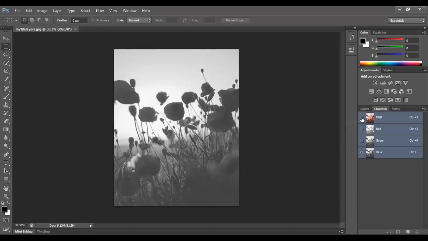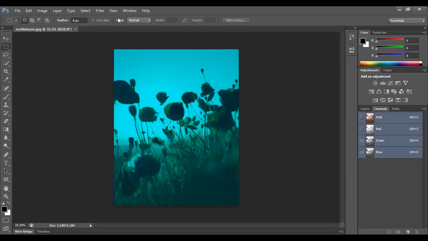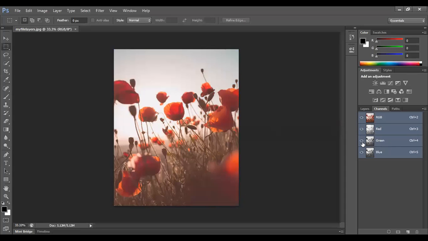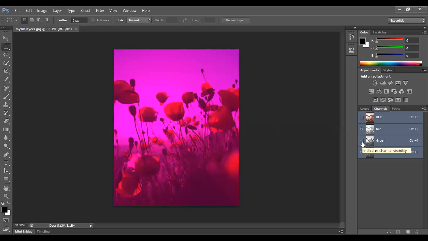So when I say RGB, a mixture of red, green and blue can be shown up. Okay, how much of red, how much of green and how much of blue is present. Now if I remove the blue section, I'll be able to see my image without blue at all, and it will look like this. Similarly, if there was no red in the image, without red it would look like this. No reds at all, red tint removed completely from the image. And similarly, if I say green tint is completely removed from the image, this is how the image would look.